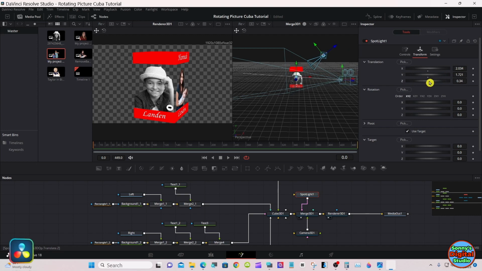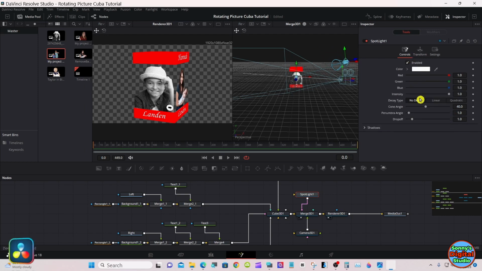Adjust your spotlight cone angle to your desired location for whatever shadowing you're looking for.